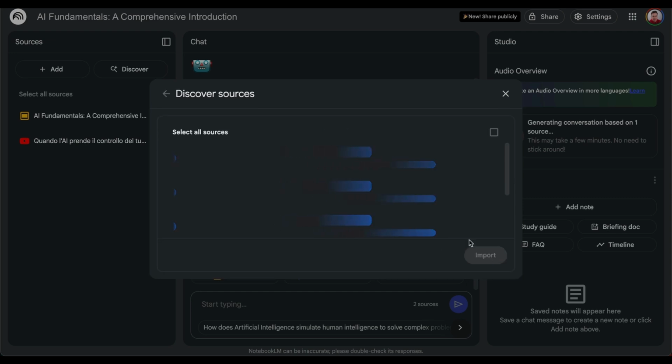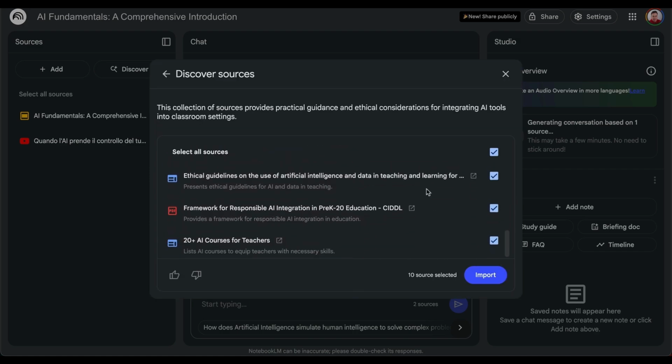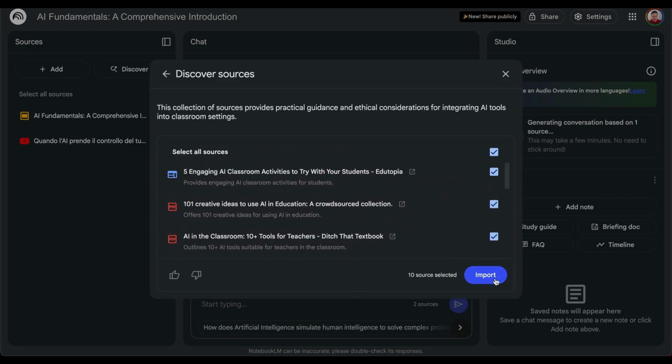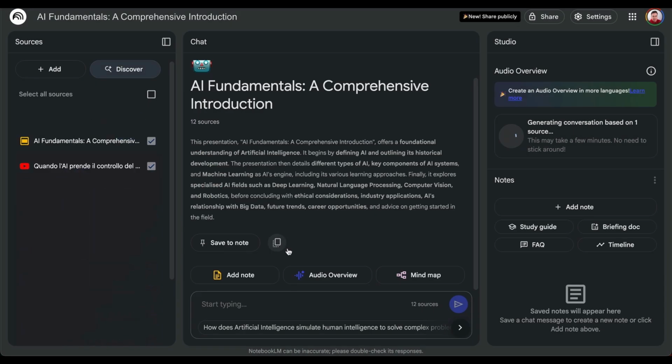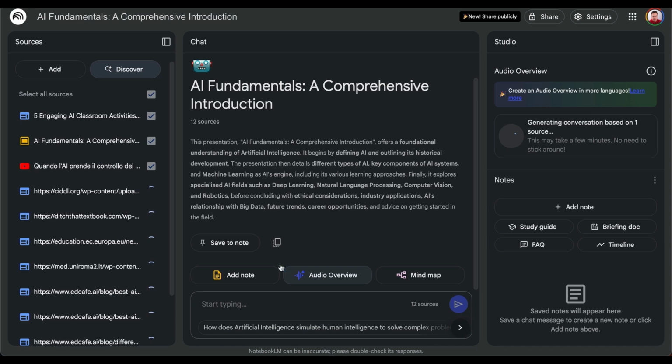Let's submit. It is looking for sources on the web. I can put inside every single source that is found. And now, for example, I can start typing with my sources